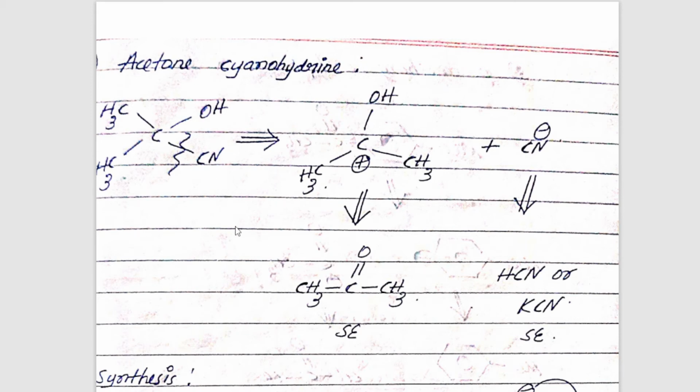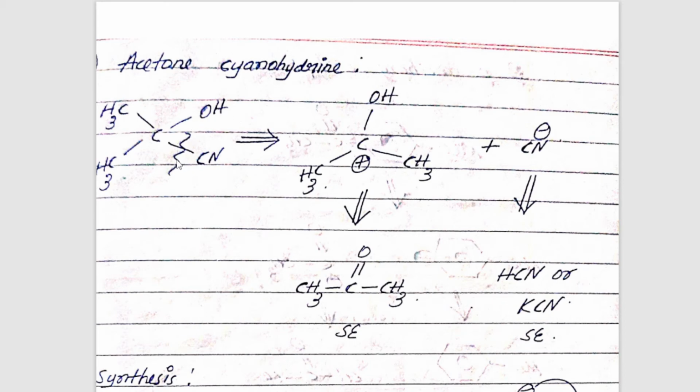So the question will be like, write the synthesis of acetone cyanohydrin. So how will you start, students? First, what are you supposed to do? You're supposed to disconnect the molecule and write its retrosynthesis, and later on you're supposed to write the synthesis of the molecule. Correct. So this is acetone cyanohydrin. Where do you disconnect it, students? See, disconnect in such a way that when you're coming back, the path should be feasible and workable. Okay. So where will you disconnect this molecule?